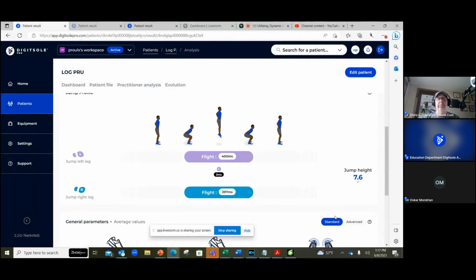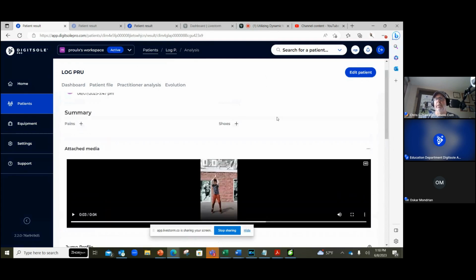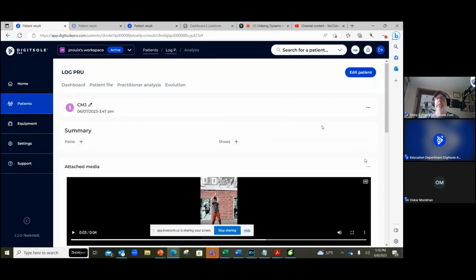We scroll down a little bit and now we can see this graphical representation of what this is. And let me start up here. These three dots, I can rename the analysis, I can do the comparison, export the PDF, or delete the analysis. Now,